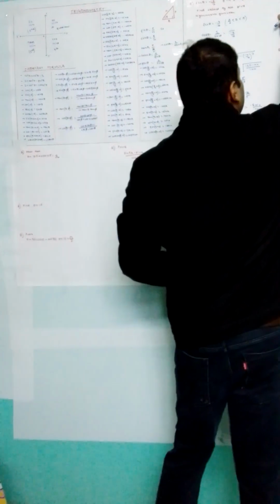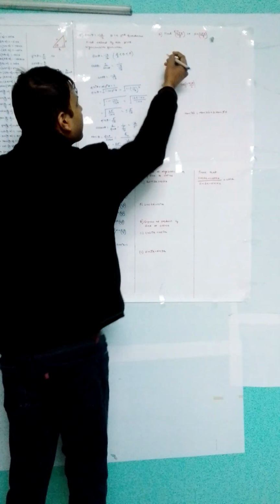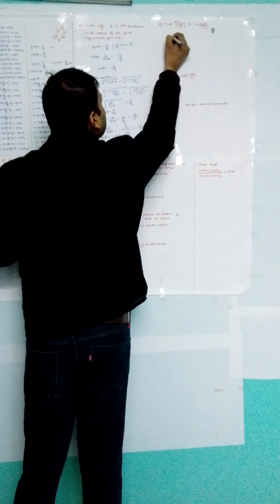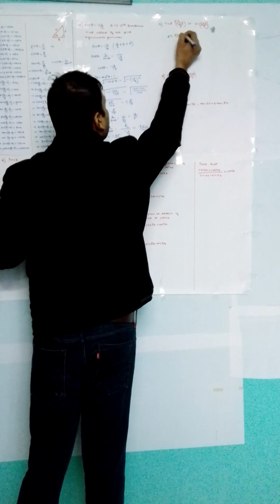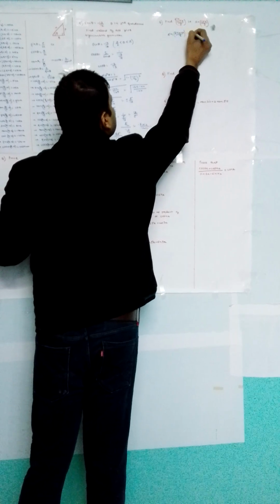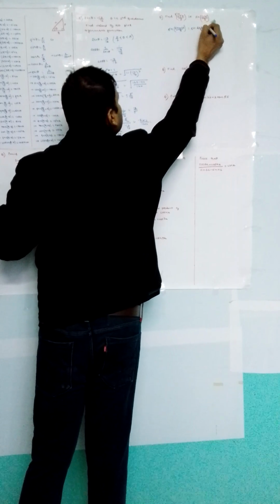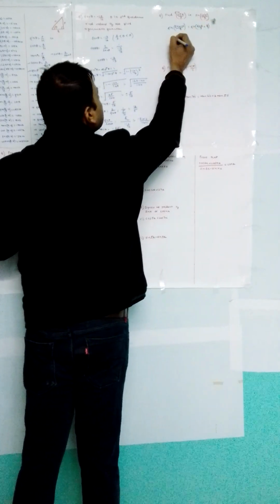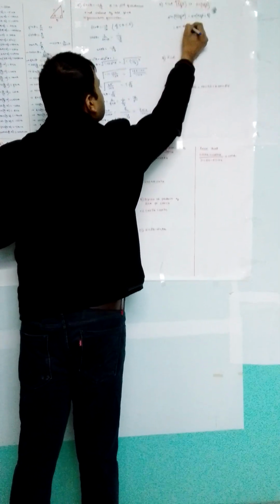Now this question, sine 25 pi by 3. So we have to find the value of sine 25 pi by 3. So what we will do, look, we can write it as sine of 24 pi plus pi upon 3, that is sine of 24 pi by 3 plus pi by 3, which directly comes out to be sine of 8 pi plus pi by 3.